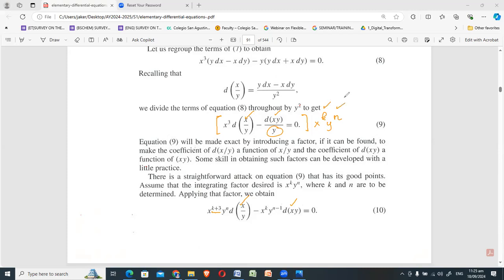So the next thing that you do is this. But before I continue, have any question? Sige. So what would be this k and n? We'll erase because this will...